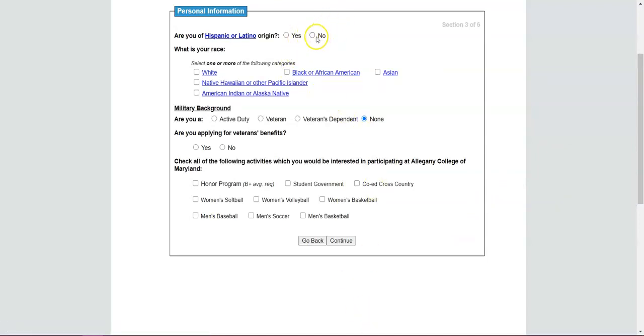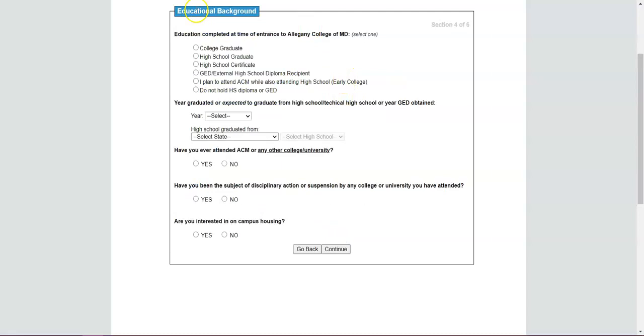Here you're going to put in your race information, your veteran status, if you're applying for veterans benefits, and select any of these activities you may be interested in. You're going to select your education completed at the time of entering ACM,